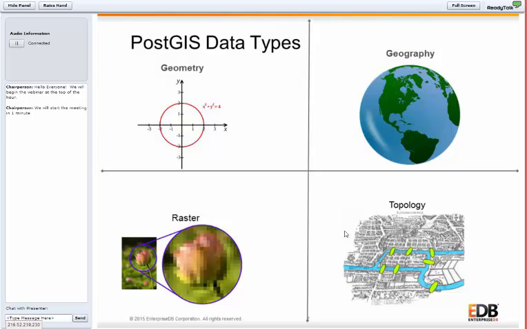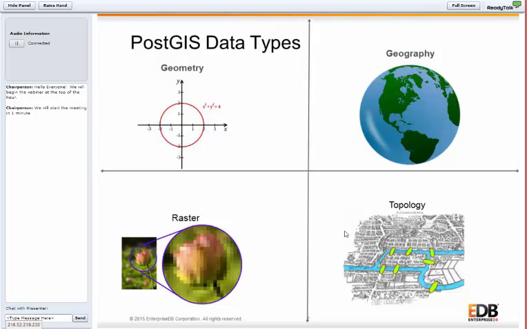Compared to the round earth geography type, geometry has more functions. Many times relationship checks can be faster. And the geometry type has more support from third-party desktop applications. It's useful when the area you're working with is small enough that the curvature of the Earth doesn't come into play.